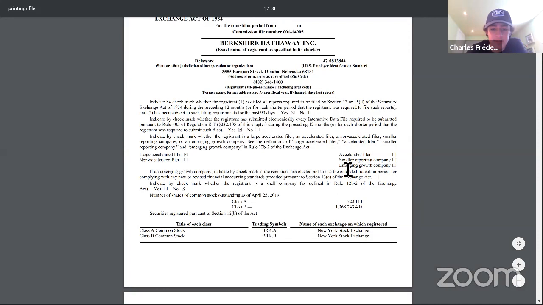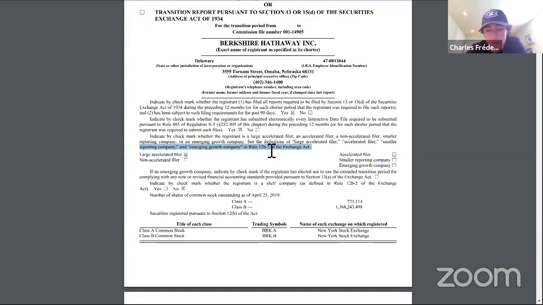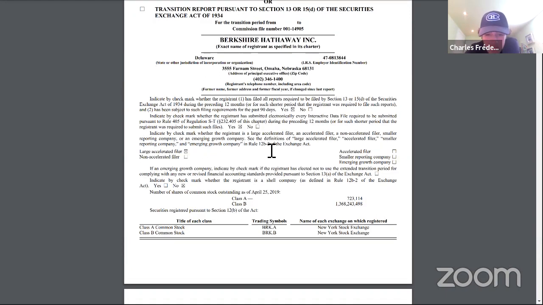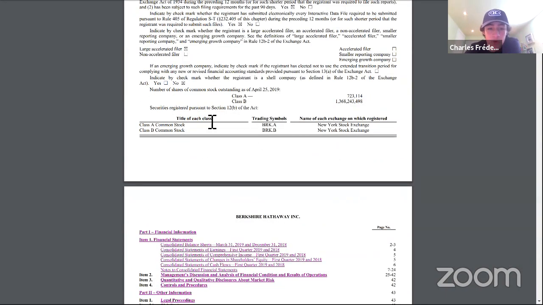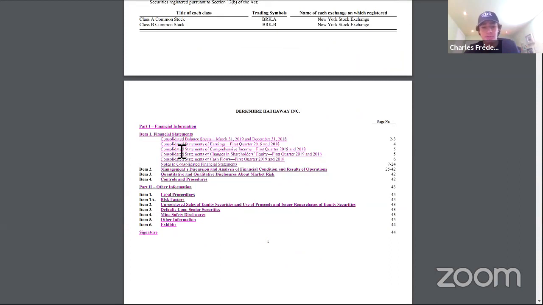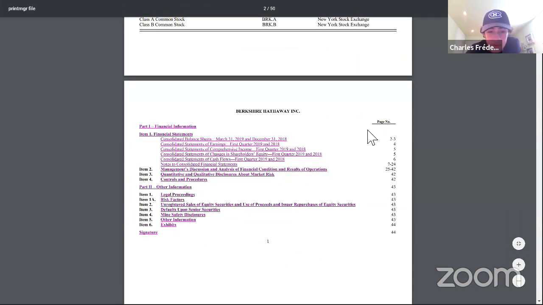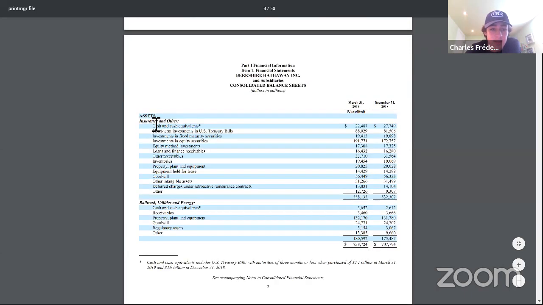SEC is the Security Exchange Commission. It's a governmental agency in the States, and it's just, per quarter, every piece of information that's required to be sent. So for example, financial statements, page 2 or 3. You get to see assets, their balance sheets.